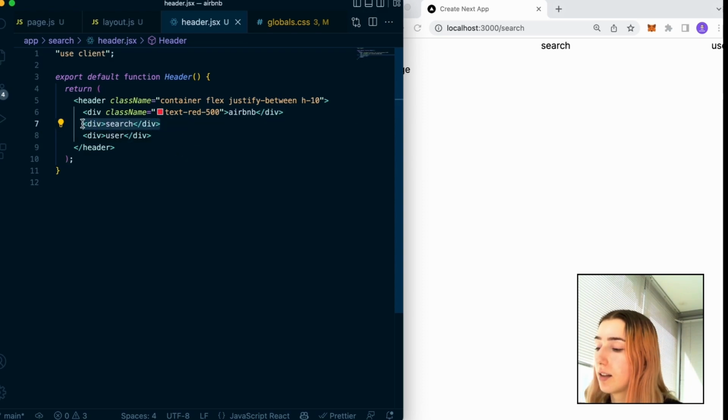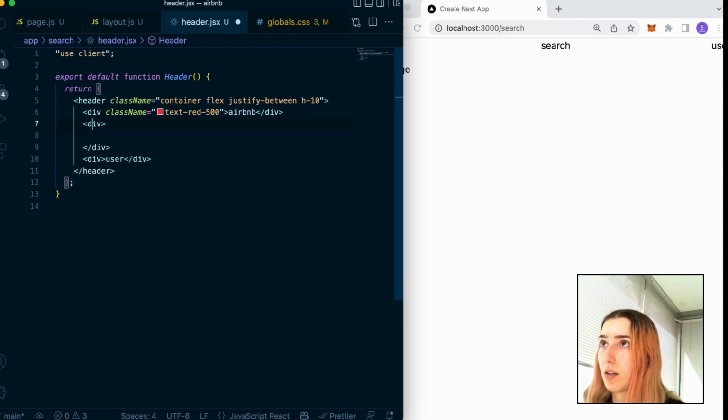And let's turn this search into a div with multiple inputs in it. So first className, I'm just going to give it search container. I also want to set it rounded-large, and then I'll have